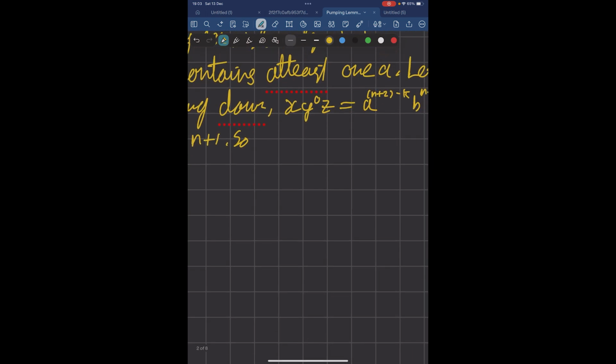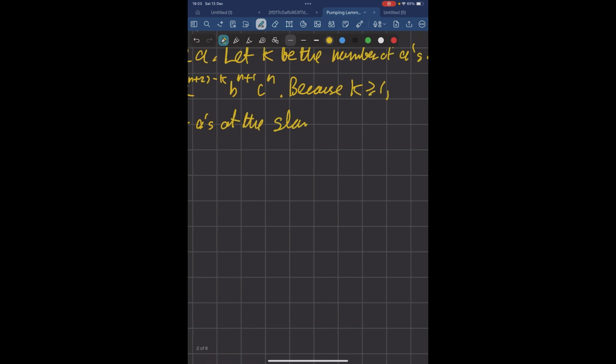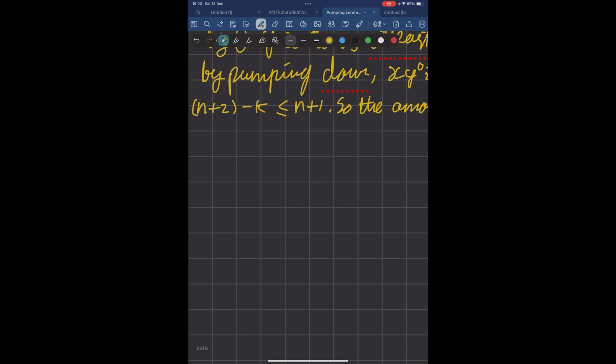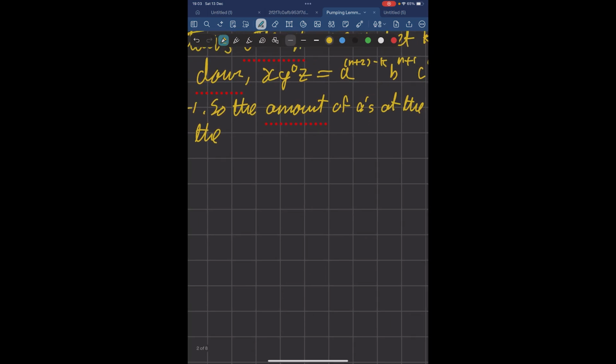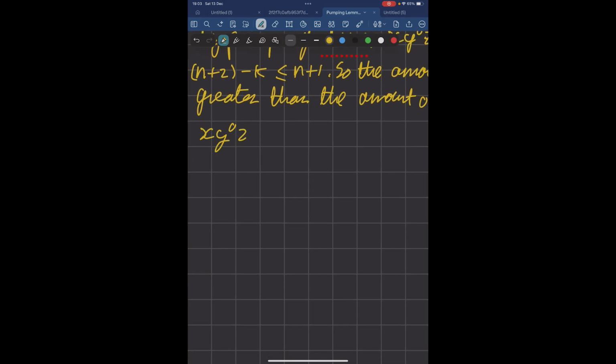So the amount of a's at the start of xy^0z is not greater than the amount of b's. Sorry for the handwriting, by the way. Therefore, xy^0z is not in the language,